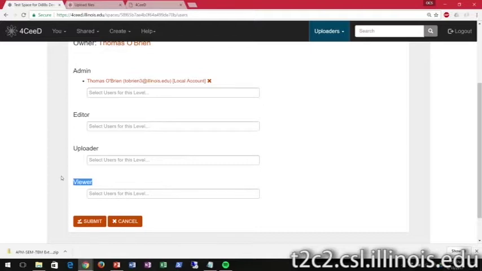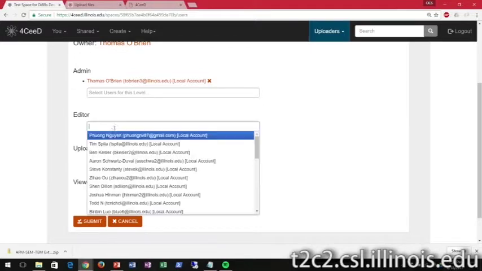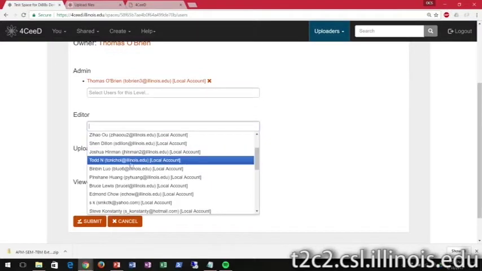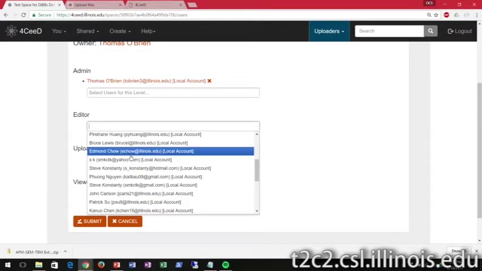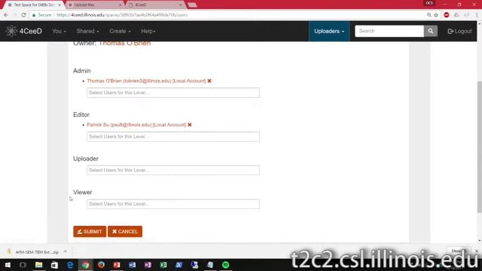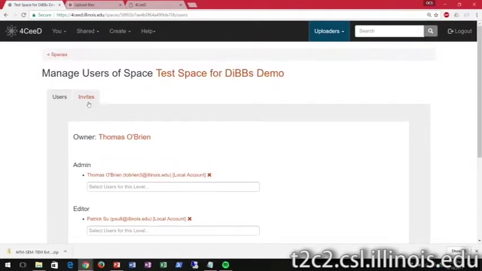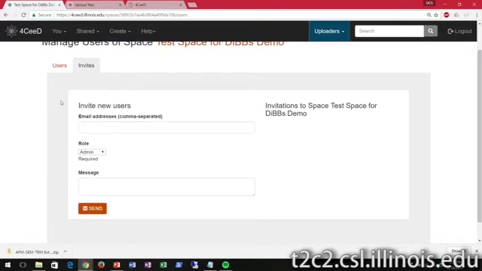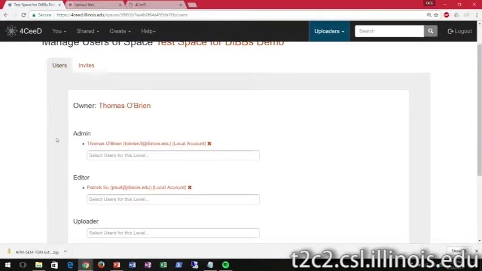But to select users here, these are the users of ForeSeed currently. So I'll pick on Patrick and add him as an editor and submit. And he's been sent an invite here so that he can accept. If he already has a DIBBS account, he can simply accept via email. If he doesn't have a DIBBS account, he'll be invited to make one for ForeSeed, and then he can edit